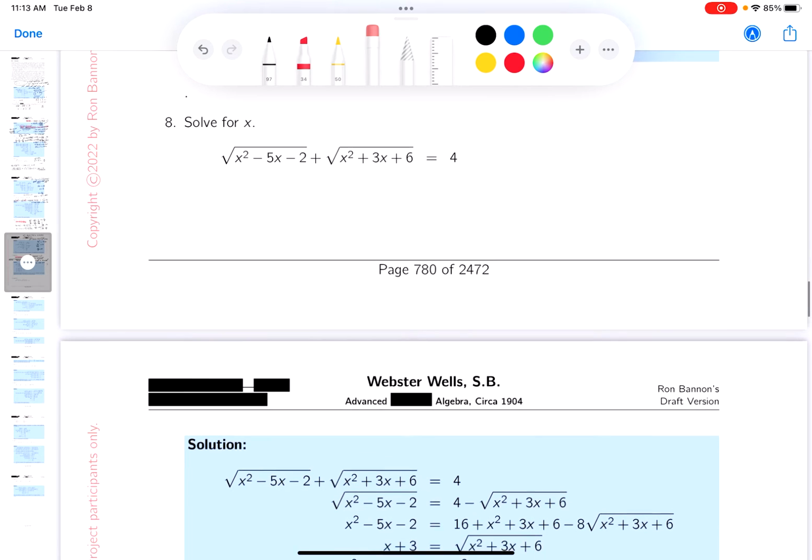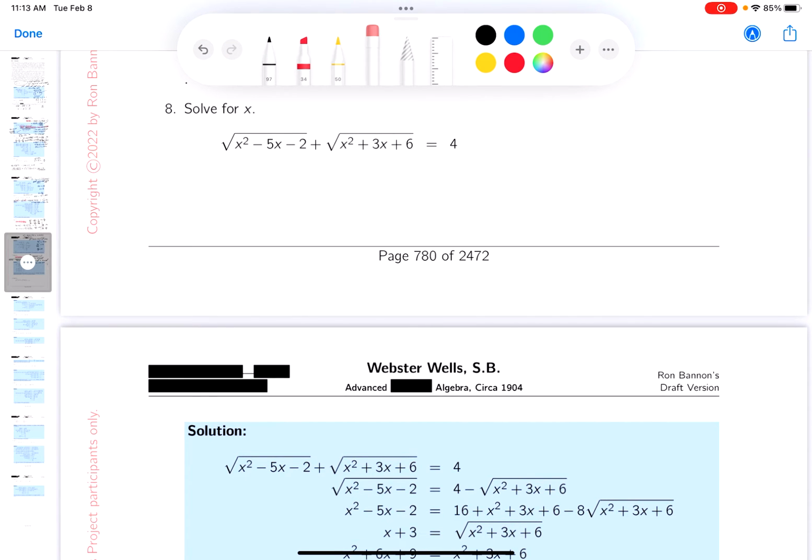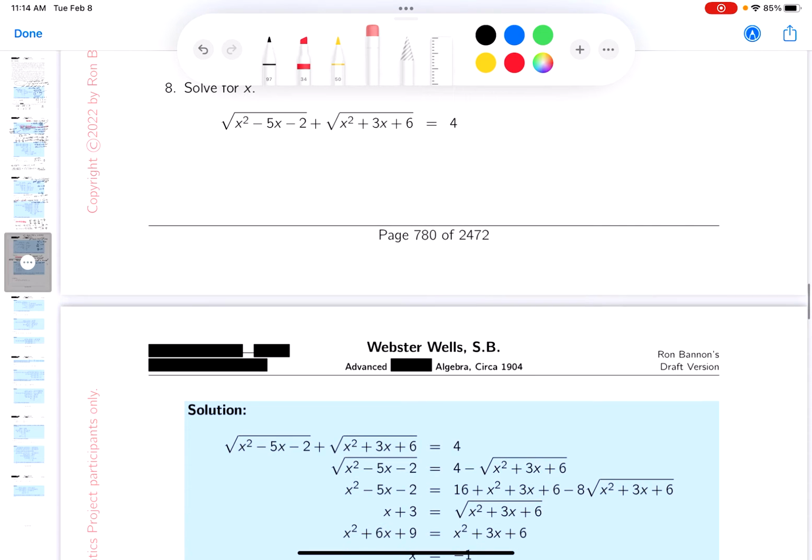Okay, at this point, I've been following along. I think you get the impression these are rather repetitious problems at this point. But nonetheless, they're problems that most algebra students nowadays would not see. But what I would recommend, and again, this is my recommendation, not that you have to follow these recommendations, but